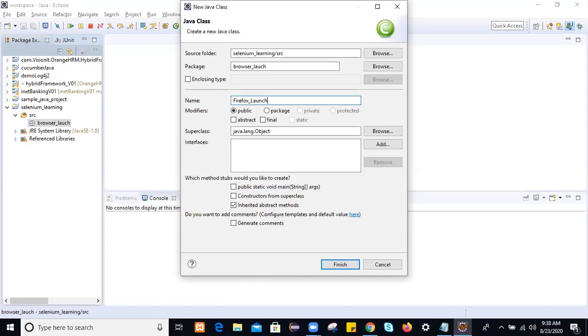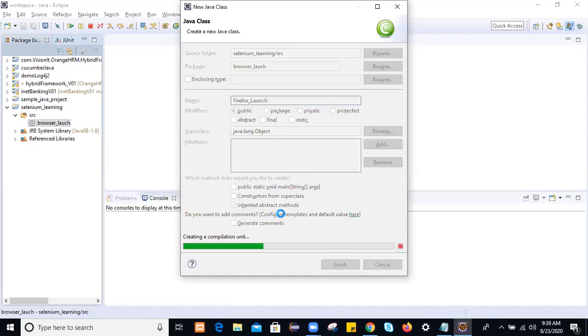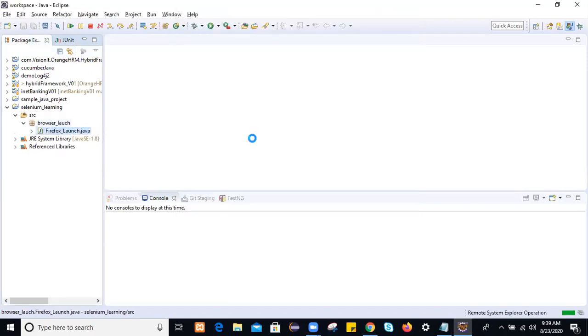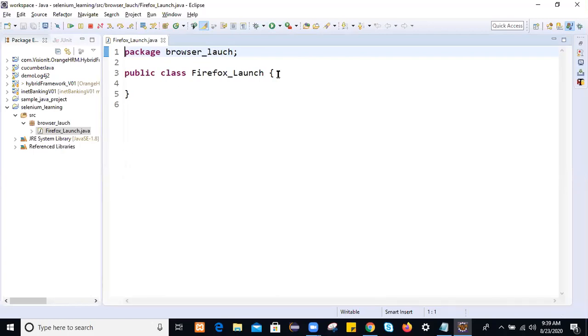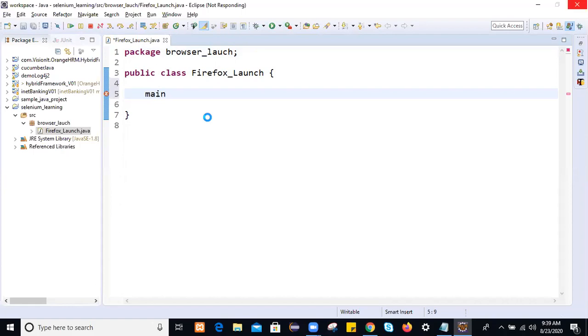How to launch the Firefox browser? We will write the first script to launch the Firefox browser, and let's suppose your application under test is Facebook.com. So we will launch Firefox and navigate to Facebook. This is your Firefox. This is the main method. Just take the main function as an execution engine. Always we use the main method as an execution engine in Java. So how to launch Firefox?